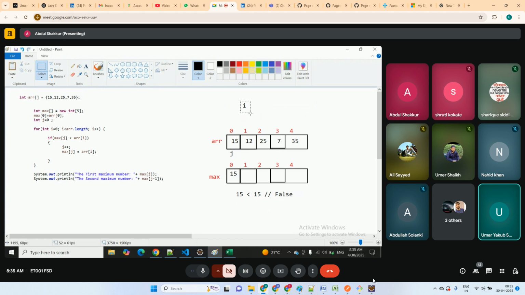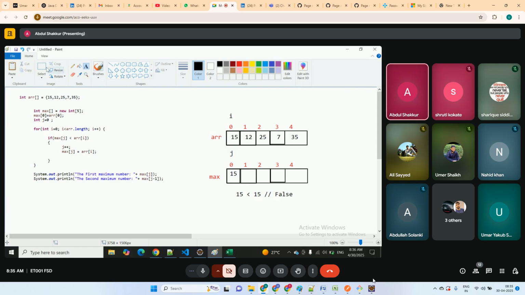ठीक है, तो अब ये फॉल्स हो गया। अभी i++ हुआ, i आगे चला गया, अभी 1 से। अब max of j क्या है? 15 है। Is 15 less than arr of i, यानी 15 less than 12? 15 is less than 12 ना? तो अब फॉल्स हो जाएगा।